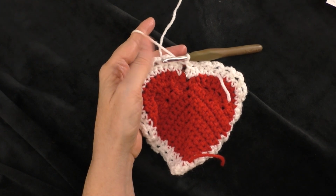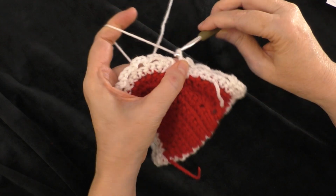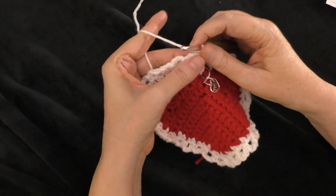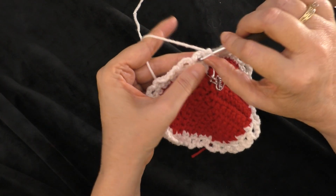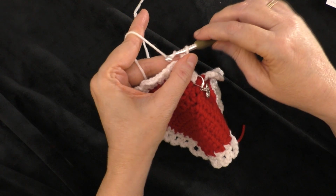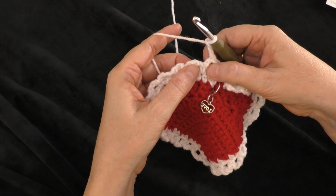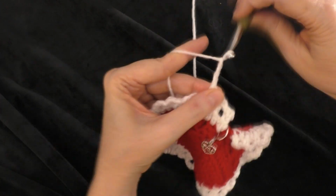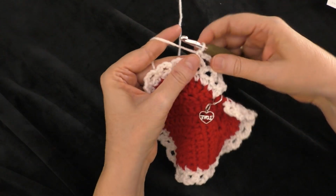And then it says we're not going to join, okay? It says to chain 1 and turn your work again, okay? And then we're going to slip stitch in the first chain 3 space. Slip stitch, okay? Okay, and now we're going to chain 3, 1, 2, 3, skip the single crochet, and we're going to single crochet into the chain 3 space, okay? Just like that. Chain 3, 1, 2, 3, skip the single crochet, single crochet into the chain 3 space, okay? So we're going to do that